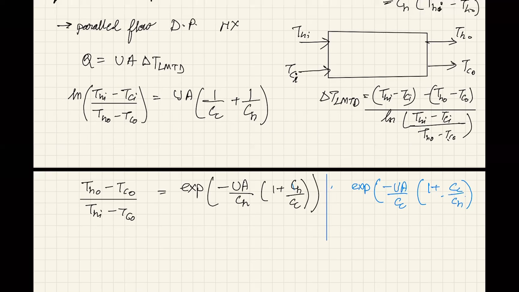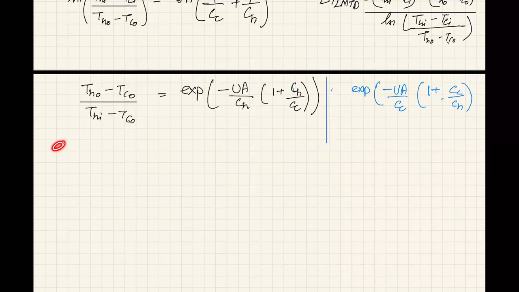Why am I going to do it? The idea is I will be using this for the case where Cmin is equal to CH, and I want to use this where Cmin is equal to CC. So I can use both. Alright, and then using this and applying the energy balance, where the energy balance is Q is equal to CC times TCO minus TCI. This is the energy balance expression, which is equal to this.